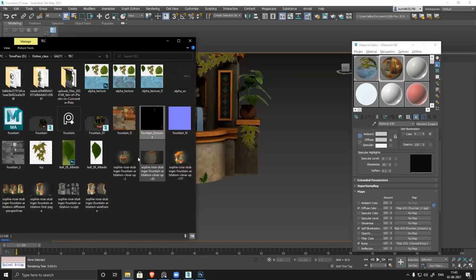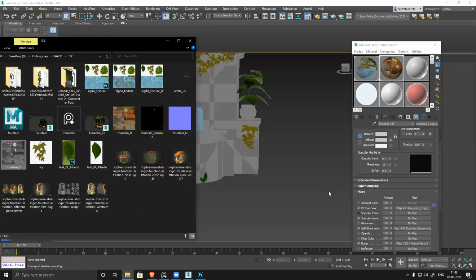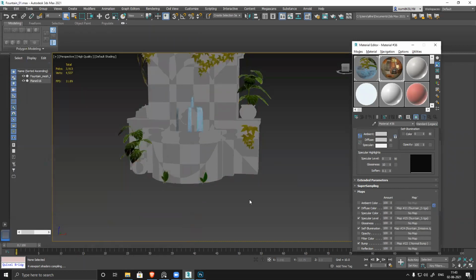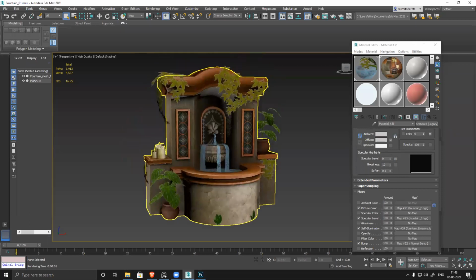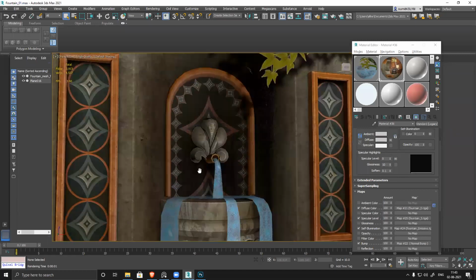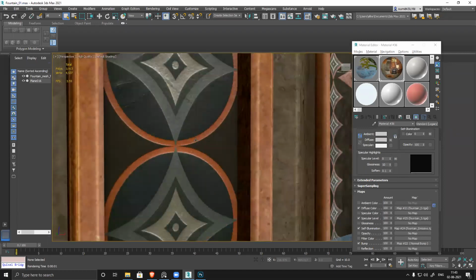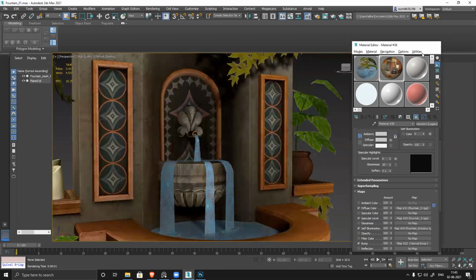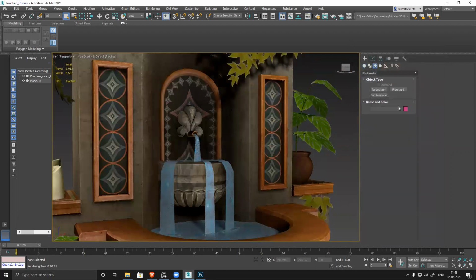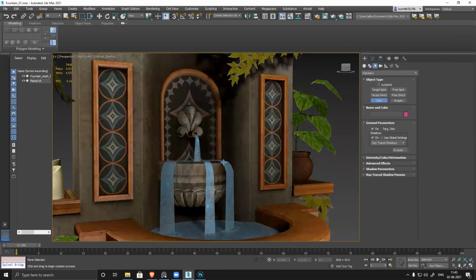So I'll apply this on specular level. So now you can see I have slightly normal information here, and now to check it properly, I can go to light. Let's see, standard, some generator, omni light.